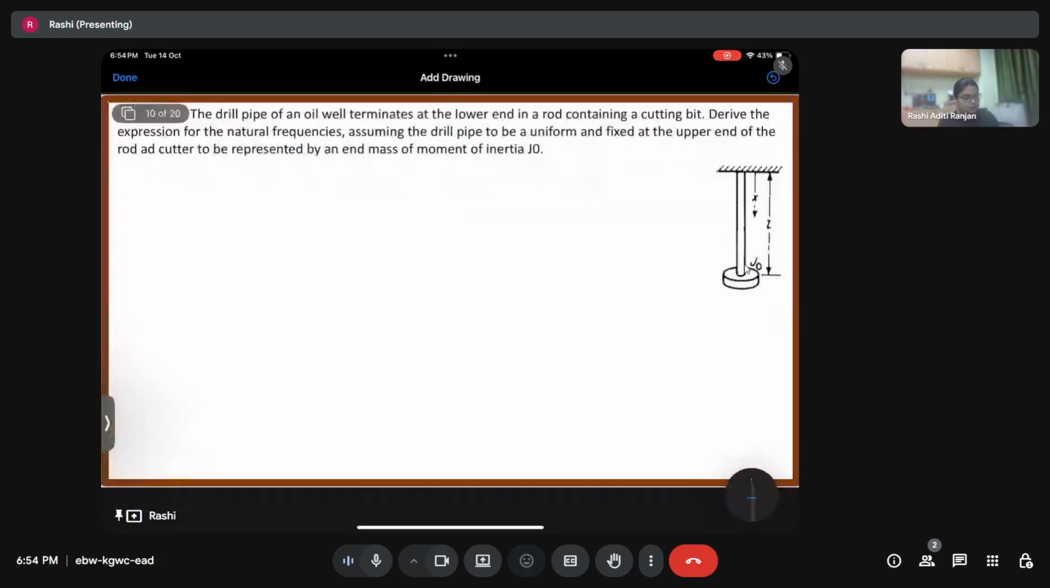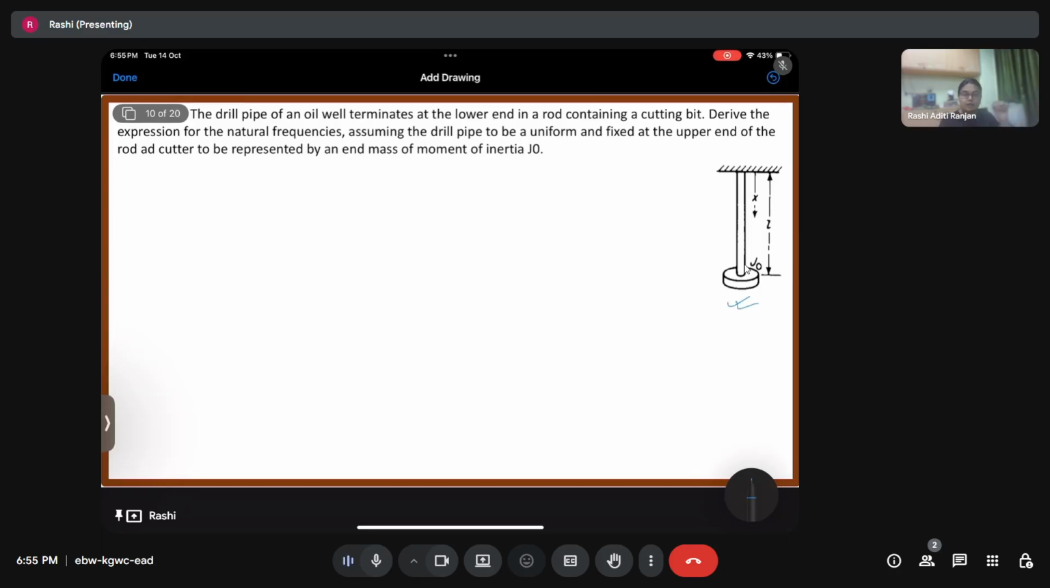Now coming on to question number 4. So we have a drill pipe of an oil well that terminates at the lower end in a rod containing a cutting bit. Derive the expression for the natural frequencies, assuming the drill pipe to be uniform and fixed at the upper end of the rod, and the cutter to be represented by an end mass of moment of inertia J naught. So this is a system,